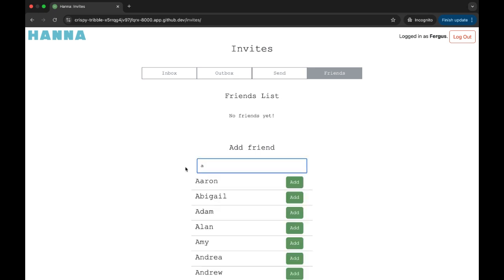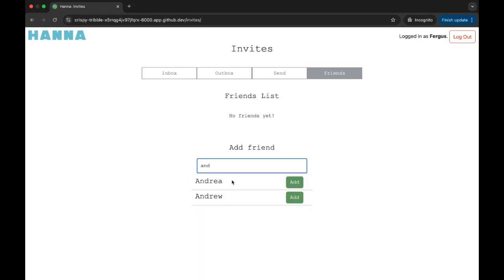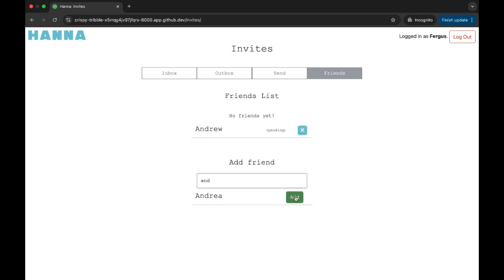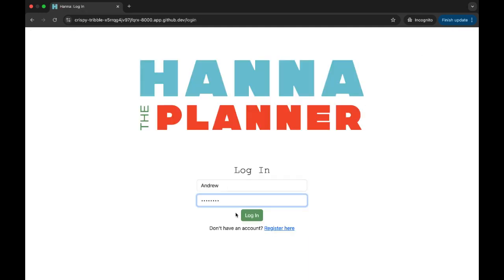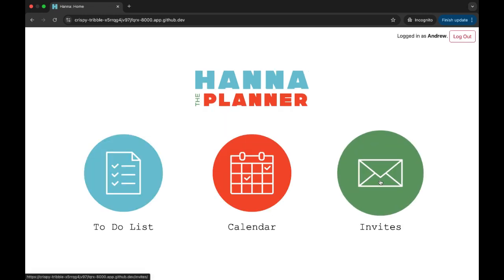other users. Immediately, we see a list of partial search results is provided as we continue to type. Once I found the user I was looking for, Andrew in this case, I can click the add button. This will temporarily move Andrew to my friends list, but clearly labelled as pending, which won't be enough to send him an invite. To see the request, we can quickly jump to the view in Andrew's friends page, and we